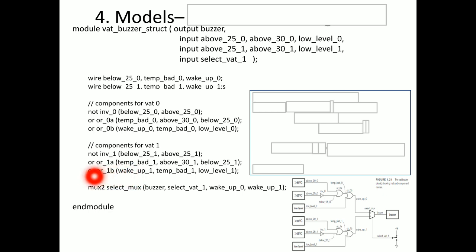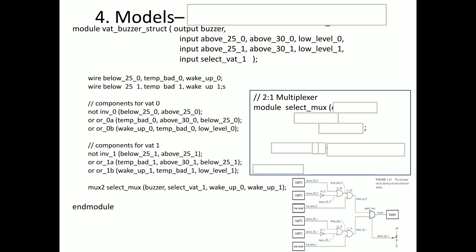Here you can see mux2. Mux2 is our another, different module. Mux2 is the module name, a separate Verilog file module name, and we are giving the instance name as select mux. This is a user defined name, followed by the port list of that multiplexer Verilog file. First the output was buzzer, and the inputs are select line, input 0, and input 1. This is the separate Verilog multiplexer code, a 2:1 multiplexer module. Pardon me, a mistake has happened in the name of the multiplexer.